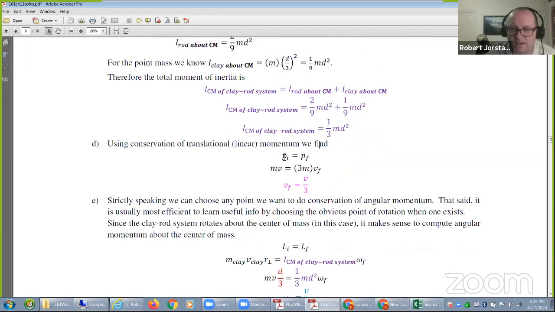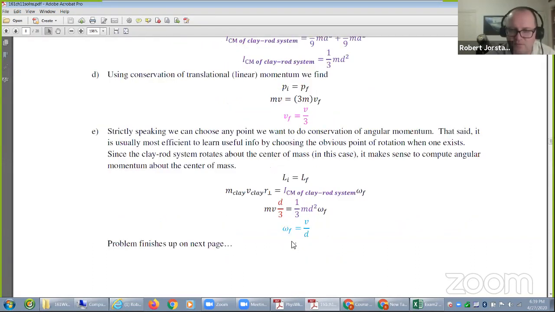Using conservation of momentum, it's actually really easy. MV was the initial one. Afterwards, it's got mass 3m. So there's the translational speed. Here's the angular momentum calculation. Piece of cake. For the point mass, I use this formula because it's easiest. In this case, R perpendicular is